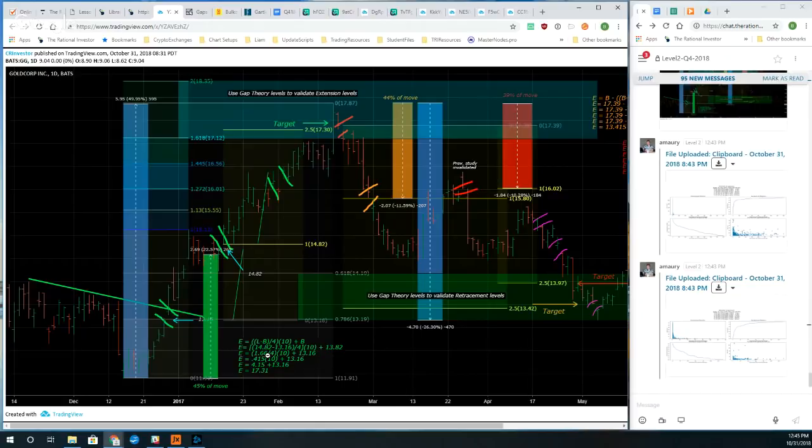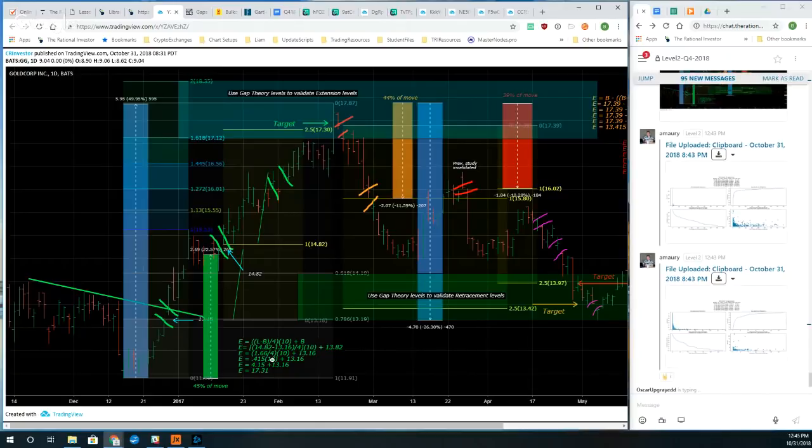Now, the way Gartley likes to do it is he does some math where he says this move up to the measuring gap should be about 40%. In this particular case, you can see it was 45. In this case down, it was 44. In this case down, it was 39. So use that simple rule of thumb, 40, 45%, somewhere in there. In essence, he divides this range by 4 and then multiplies it by 10. So we've taken this distance minus this distance,